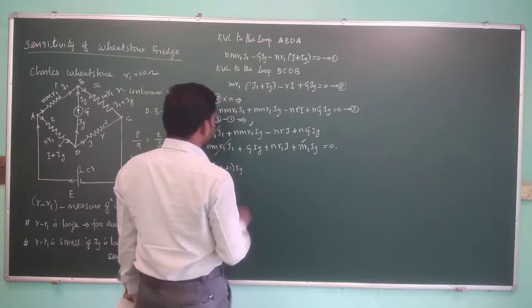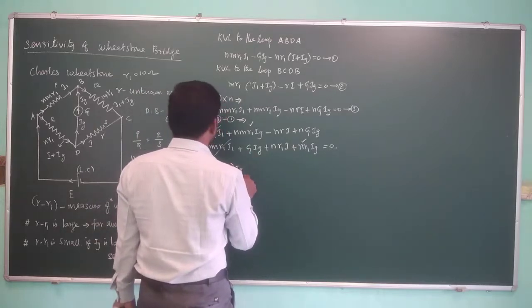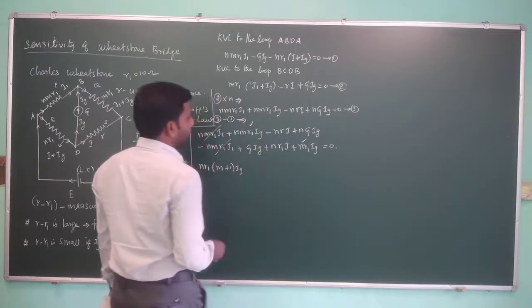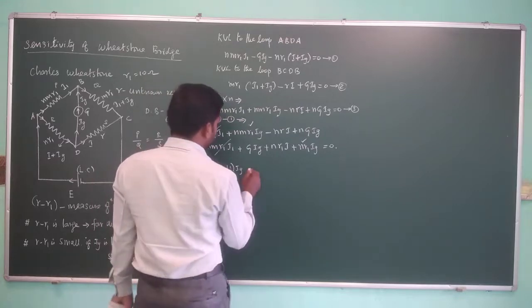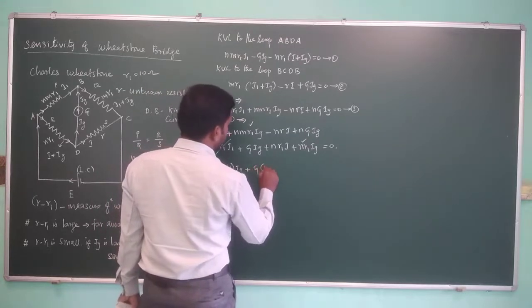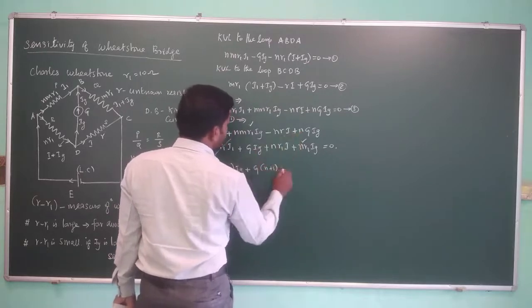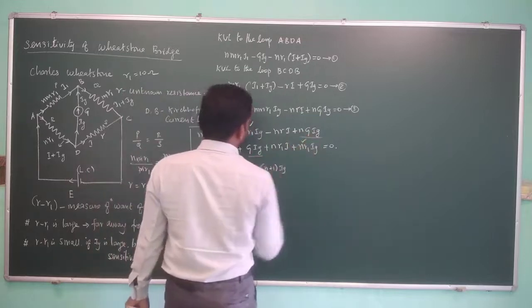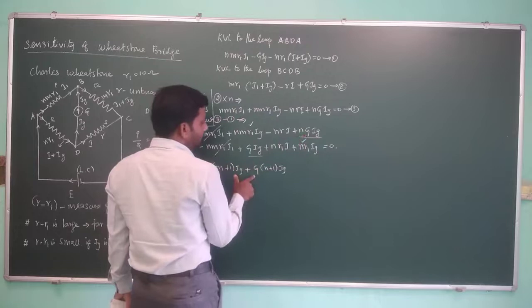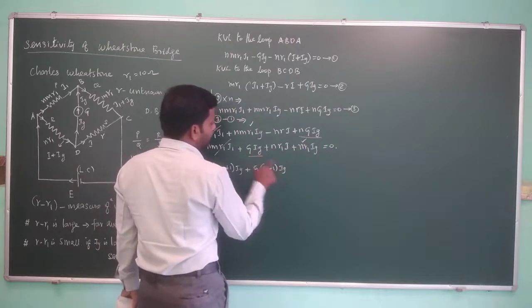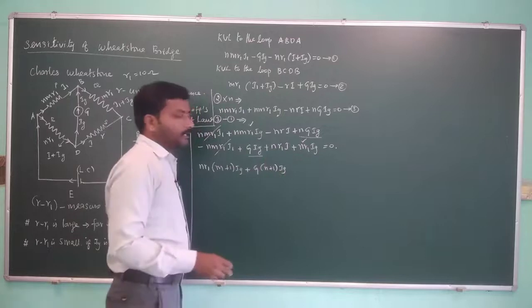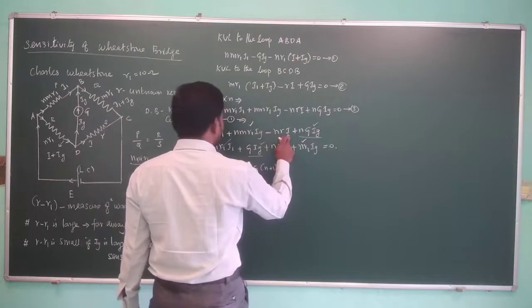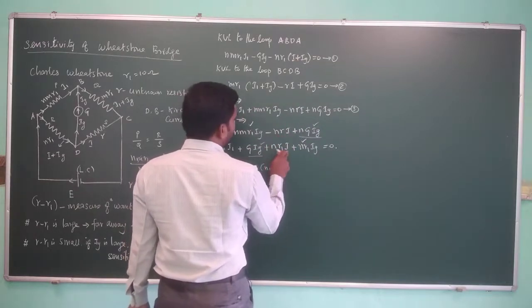Next thing is, let's consider another two. What is that? This one and this one, where we can take G. So plus G (n plus 1). G and Ig we have taken as common for these terms. So we have taken G as common, Ig also as common, so here remaining is 1, here n, so that is (n plus 1) Ig. And what is remaining? So now this is okay and this is okay, remaining minus n r I and plus n r1 I.